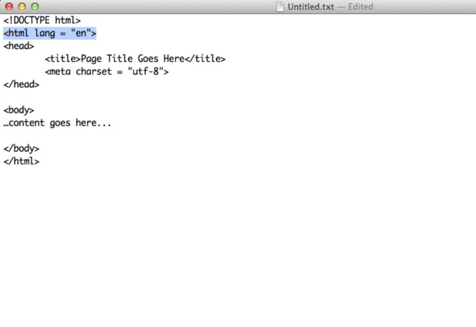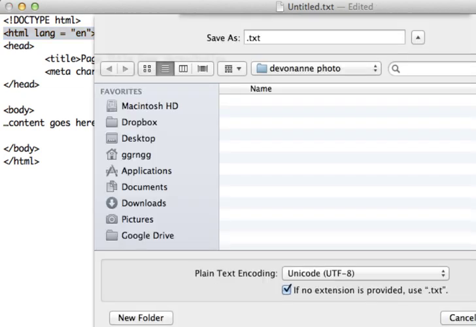So next, let's save this and then preview it in your browser. Depending on if you're working in Windows, you would do File and Save. If you're on a Mac, you could do File and Save, or the keyboard shortcut for your particular operating system. When you're saving your file, I recommend that you create a folder and keep all of your files for one particular website project in that folder. It'll make it easier when you're developing because all of your pages and all of your images and anything that has to do with that website is within one folder location. So I've created a folder on my desktop called Devin Ann Photo, and I'm going to change my file name to